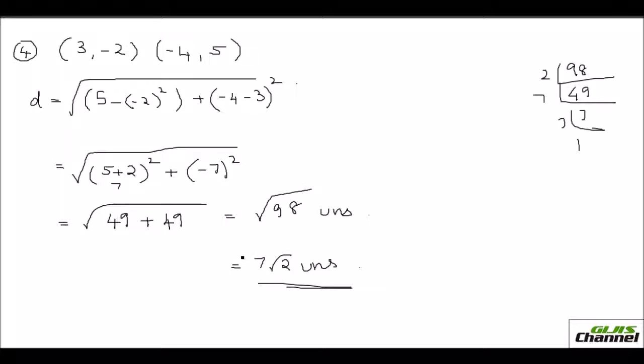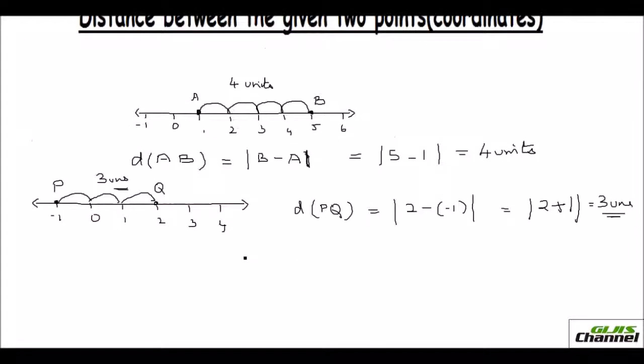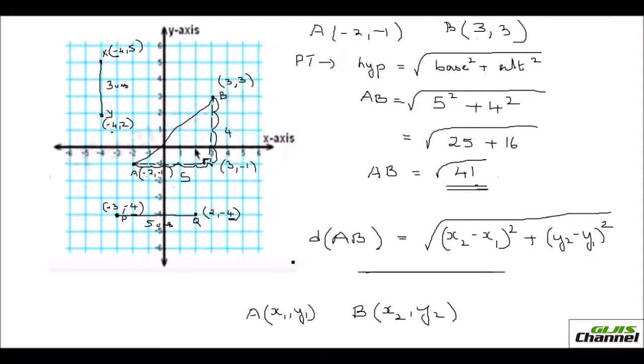I hope you understood how to find the distance between the two given coordinates, and also you can do it when the number line is given, right? When the number line is given, you can directly count the numbers or use the formula, find the difference between the two numbers and find its absolute value. You get the distance. And when it comes to the coordinate Cartesian plane, it is not possible just to do it with the x term or the y term. Since you have both x and y coordinates here, you have to deal with both. So the formula is,